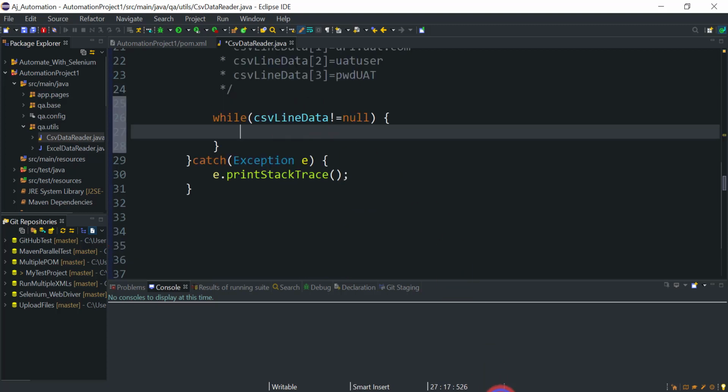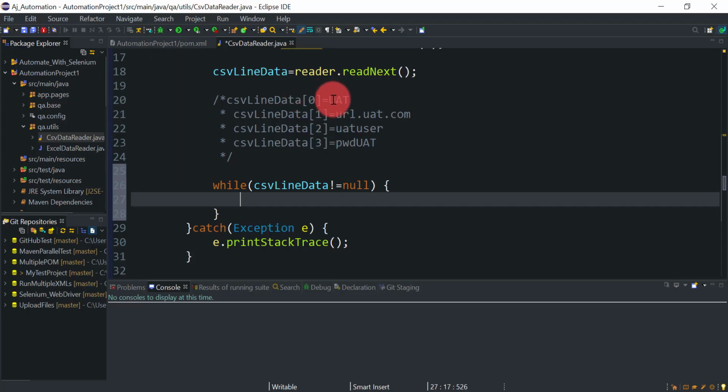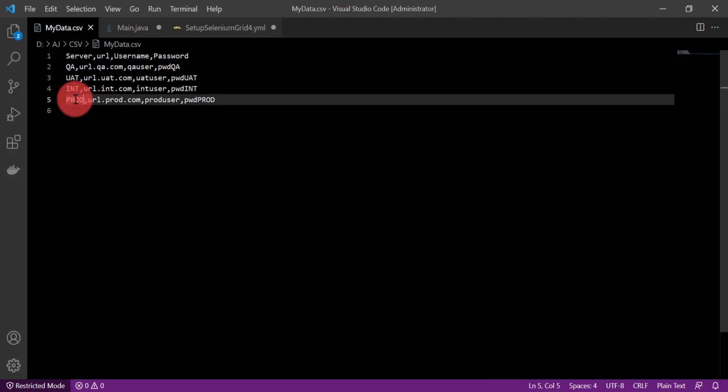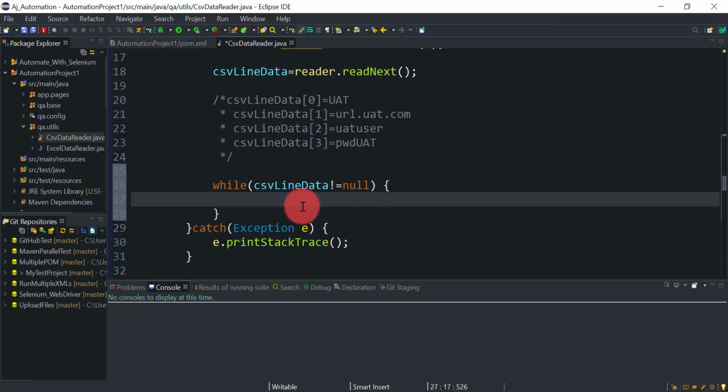This means we have some data on that particular row. If you observe, our server name will be available at the 0th index of this array. Every server name we read from the CSV will be at the 0th index: prod, then integration, UAT, QA, all these values are at the 0th index of this array. So that is what we want.